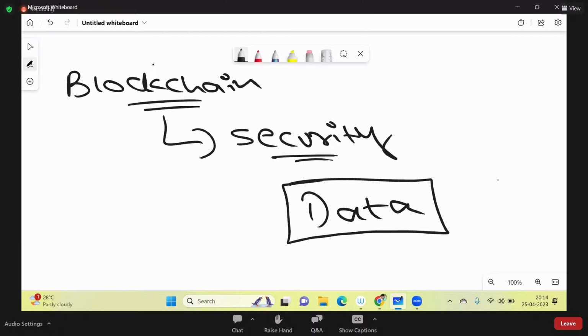Now, moving a little bit further, as we got to know, blockchain is all about protecting the data, giving security to the data, and providing transparency to the data. So now we have a holistic view, at least, of what exactly this technology is all about. Let me go one step further and help every one of you understand what exactly is making this technology so strong that it is able to protect the data.